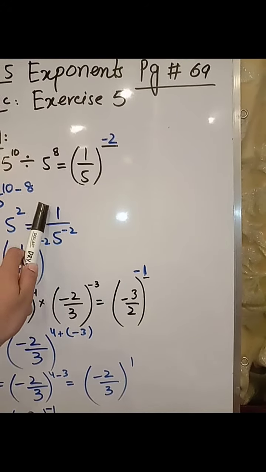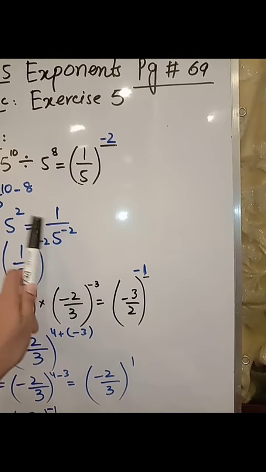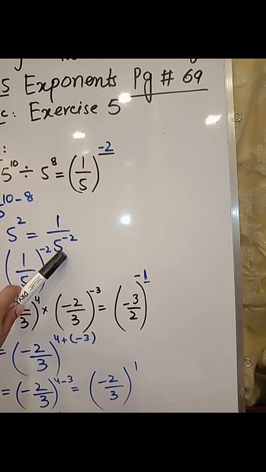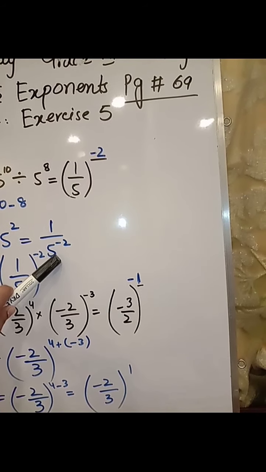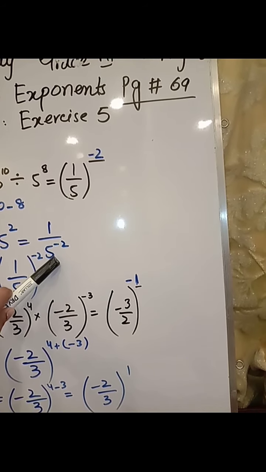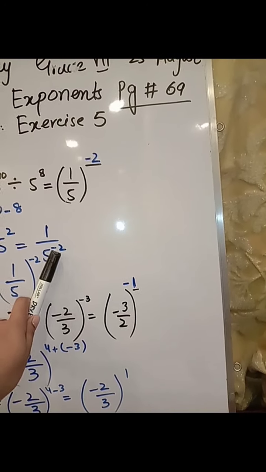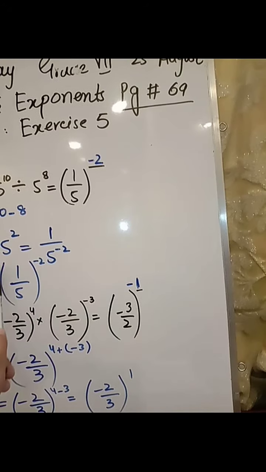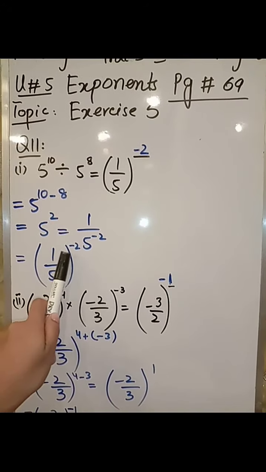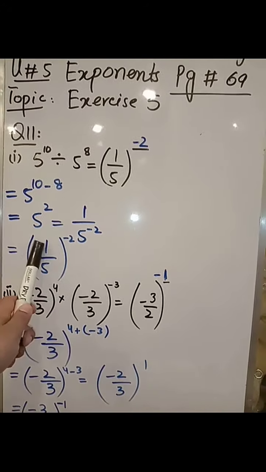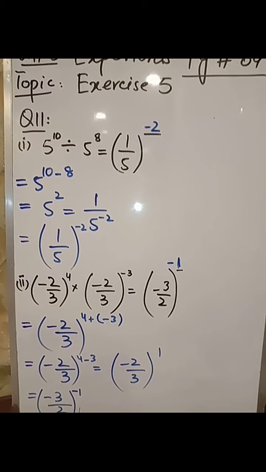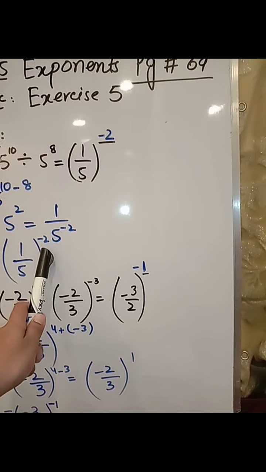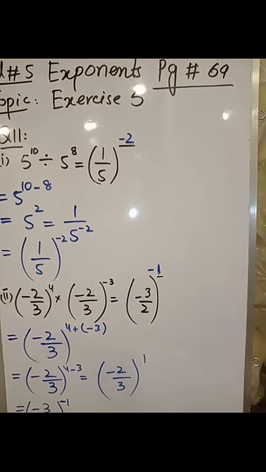I can write it as 1 over 5 raised to power minus 2. Whenever a number moves its place, meaning it becomes the denominator or the numerator, the exponent sign will be changed. So it will become 5 raised to power minus 2. It can be written as 1 to the power of minus 2, because 1 to any power will always be 1. So the blank is minus 2. You will write minus 2 over there.